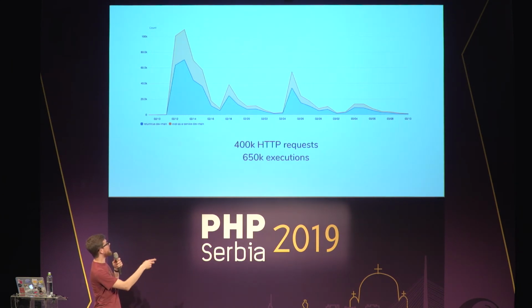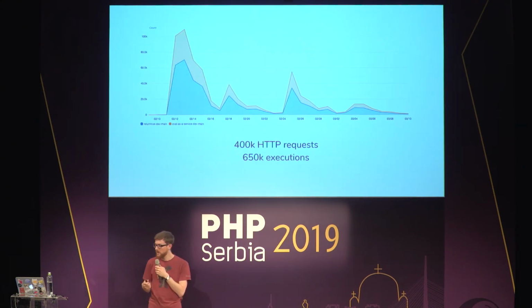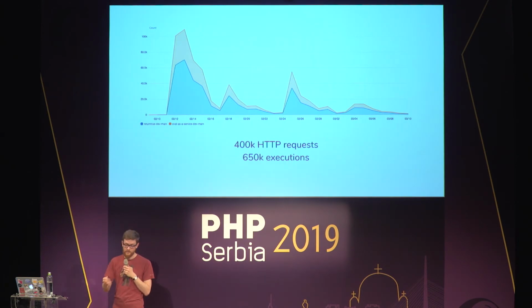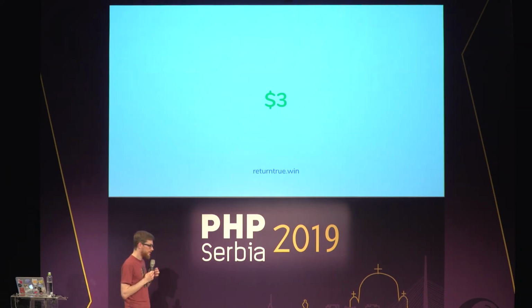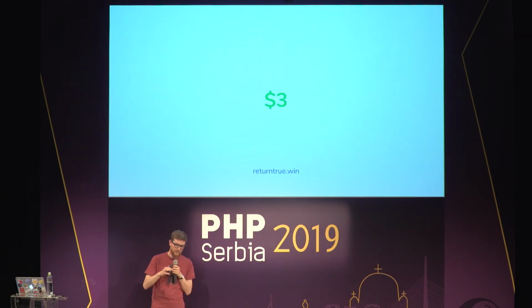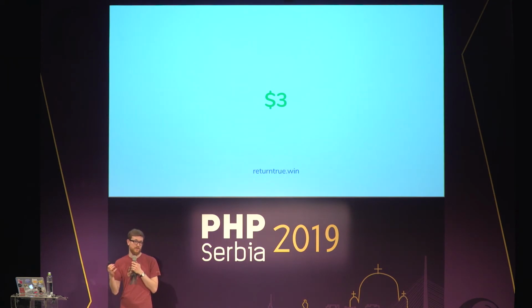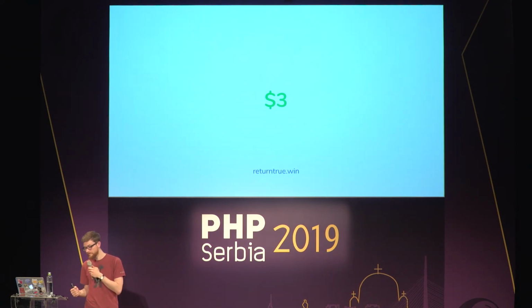For the whole month, I got like 600,000 executions of the Lambdas, and it just worked. But I was a bit worried about how much that would cost me. So at the end of the month, I got a bill of $3. I was happy. I was relieved as well. And I was a bit intrigued because for all that, I just paid $3. And it's been running since then, and it's cost me $0 since then.